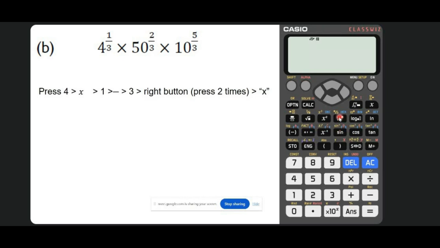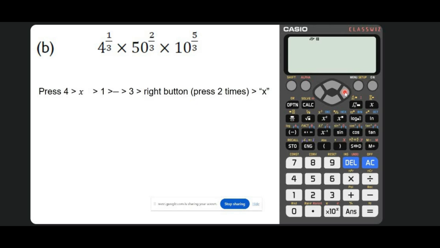Above the sin button is the X box. So press 4, then press the X box button. Press 1, then press the fraction button, then key in 3. So you will get the first term here. After that, you need to